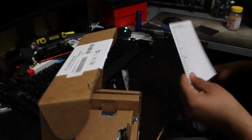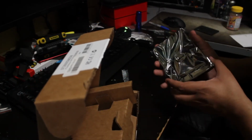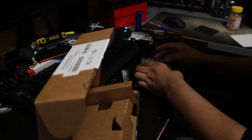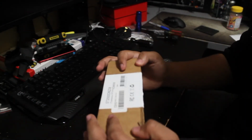That's pretty much it, but I'm going to be installing a 2 terabyte hard drive into my system. It's a 7200 RPM drive. It's from Seagate. It's a Seagate Barracuda drive. But yeah, it's pretty basic. It's 2 terabytes, and you know, it's gonna be plenty for all my games, and it's gonna have enough speed. I won't really need anything faster